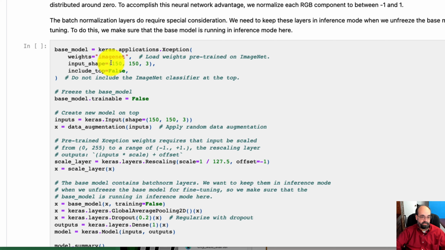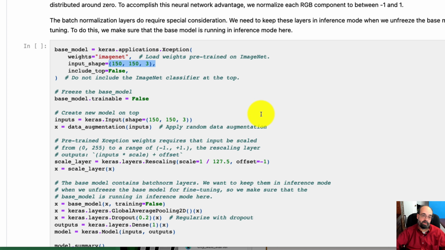We're going to have the input shape be 150 by 150 by the 3 RGB colors. We're going to make everything trainable false so that we're not retraining those layers. Now we've ripped off the input layer and replaced it with an input shape that is 150 by 150. We're also going to rip off the final layer so that we can put on just a binary classifier of